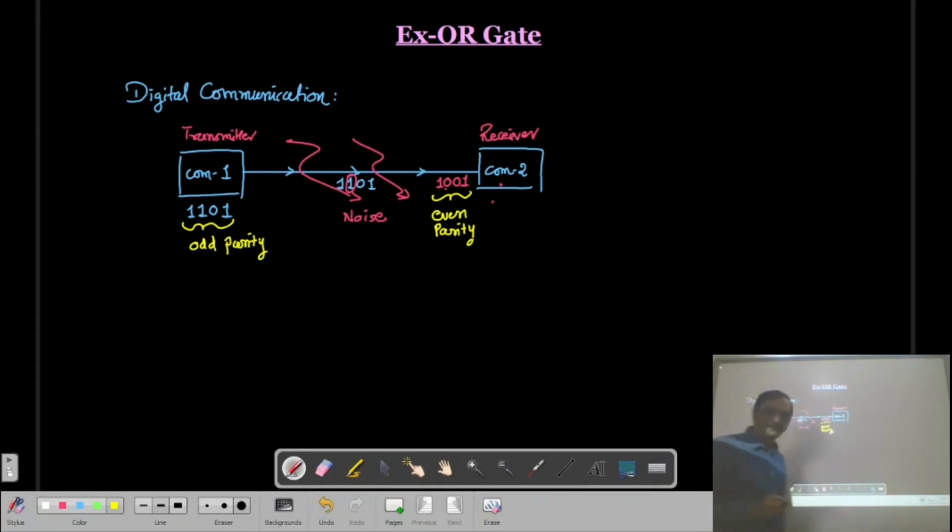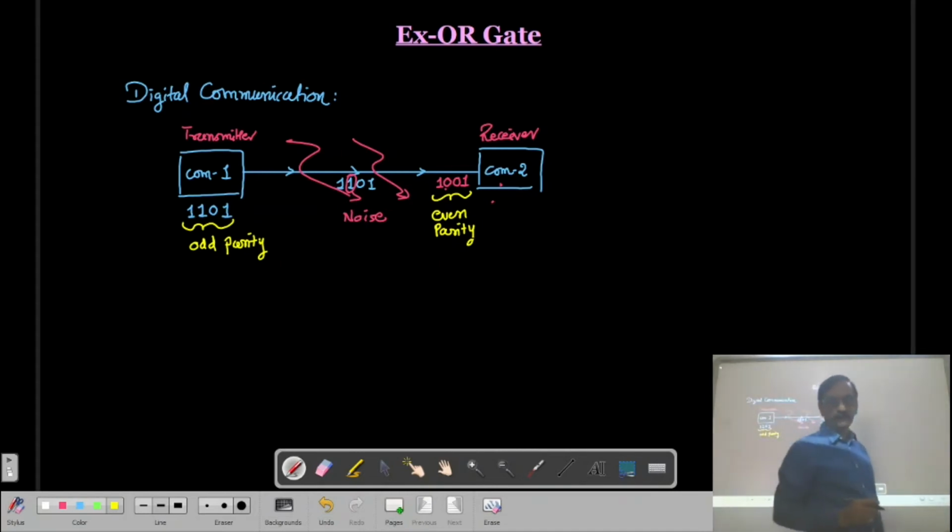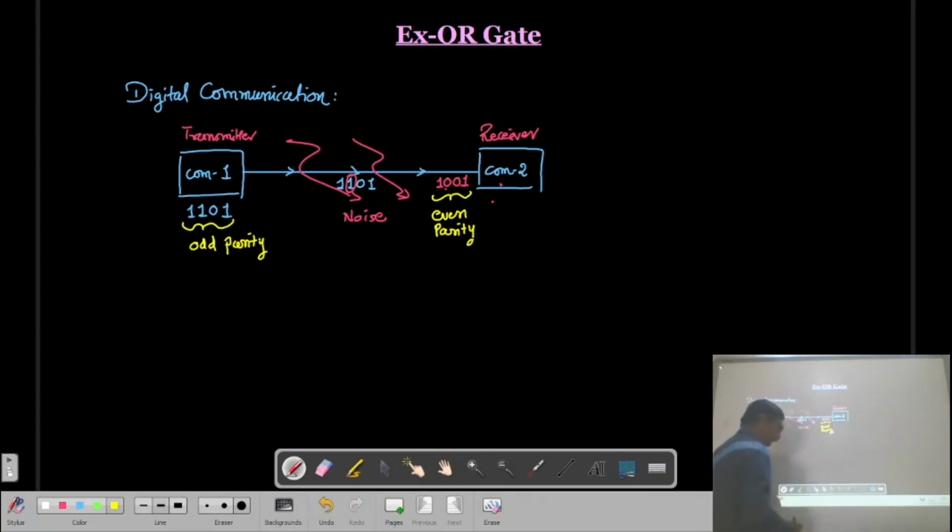So whenever there is a 1 bit error, the odd parity binary number will be converted into an even parity binary number. So now this receiver will come to know that the information we have received is distorted and has to be rejected.